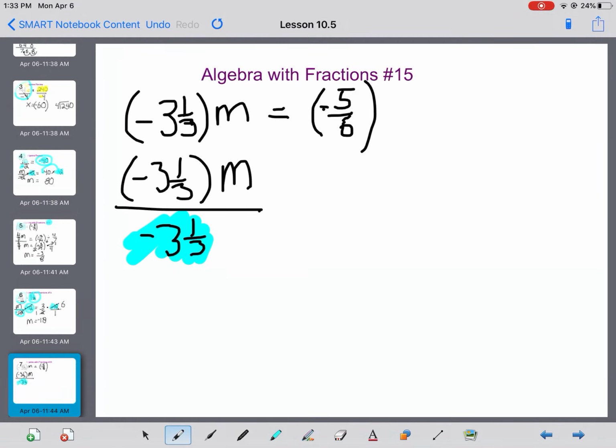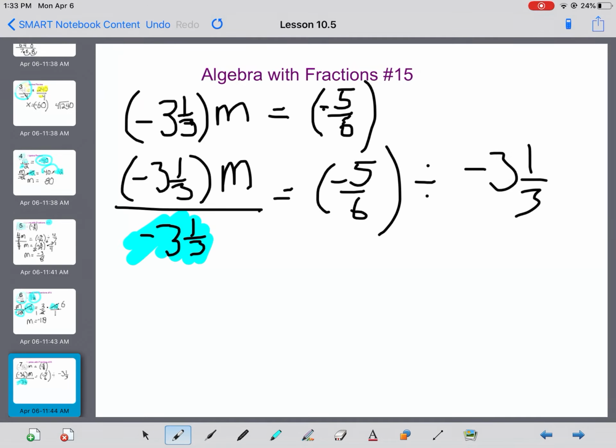This is the new thing that happened. So what I do to one side, I must do to the other. Now again, like I said on the earlier slide, I personally think it's easier to write divided by on this side this way. So I divide by -3 1/3. This cancels out over here. So I get m equals